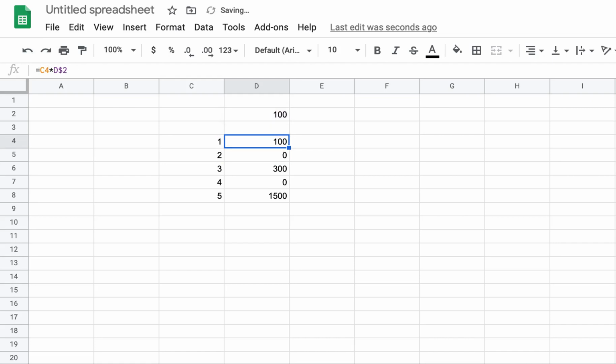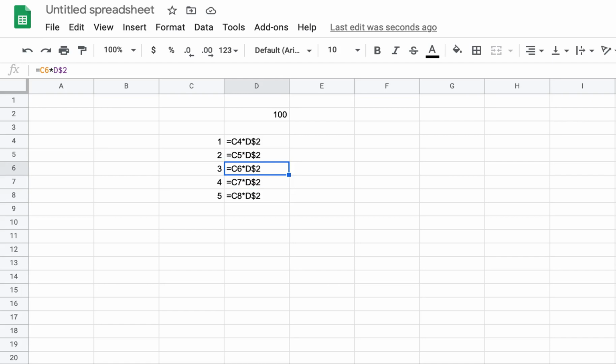Let me show you this example. So C4 multiplied by D$2 we have done. Now when I go down, let me first go to the formula view so you can understand what is happening. Forget this because it was copied earlier. Now I have made C4 multiplied by D$2, and now when I go down, do you see what is happening? The row number next to C is changing, 4, 5, 6, 7, 8. But the row number next to D, because of the dollar, is not changing.